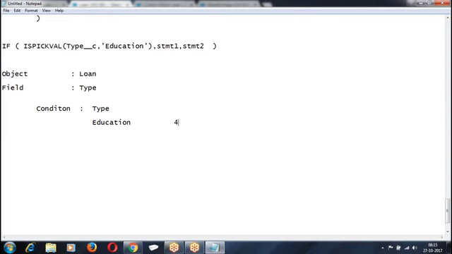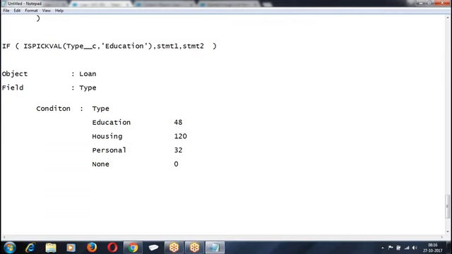Number of installments. We are trying to calculate the number of installments. If loan type is education, 48, housing, 120, personal. In the same way I wrote the program, calculate the installments.